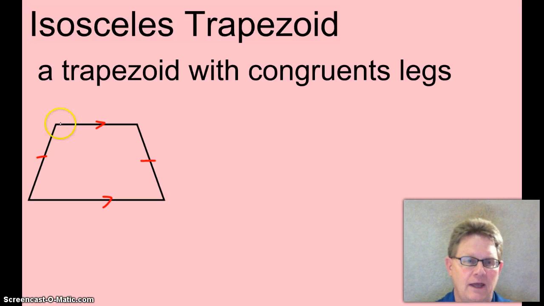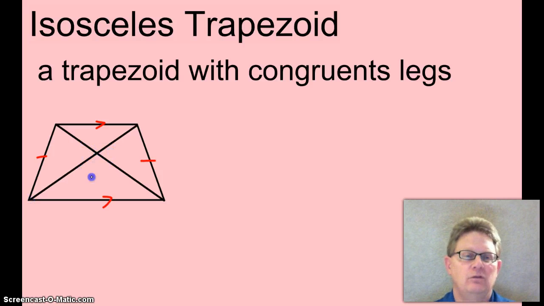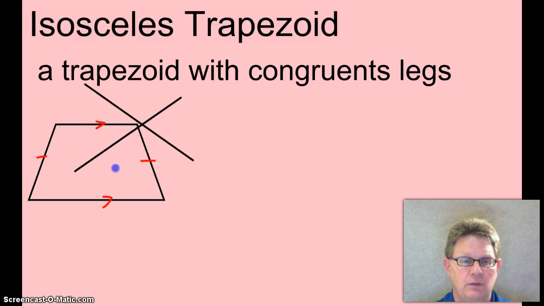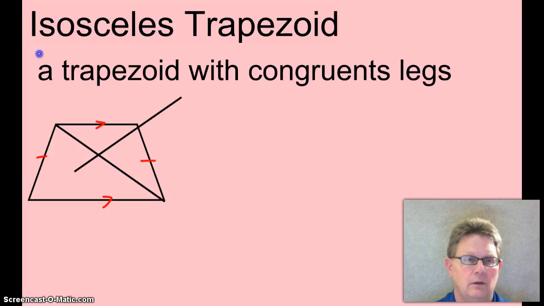When you draw the diagonals, they don't bisect each other. They can't bisect each other, because if they bisected each other, then this would be a parallelogram. But it can't be a parallelogram because it's a trapezoid. A parallelogram has two pairs of opposite sides parallel. Trapezoids have exactly one pair of opposite sides parallel. But the cool thing about these two diagonals is that they're going to be congruent to each other. These two are going to have the same length. So that's one cool thing about